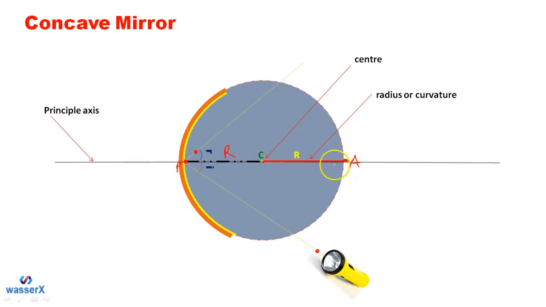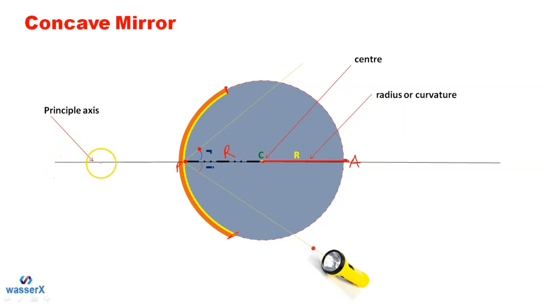You might have studied the circle, right? So it's nothing but a part of a circle. Here the concave mirror is a part of a circle, so you can take it as an arc of a circle basically. Of course, this is the center of the circle. Here we have not a circle but a sphere, so a sphere must have a center. So C is the center, and that's the reason the distance from C to A is called R, and this P to C distance is also called R. That's the radius of curvature, or you can simply call it the radius.